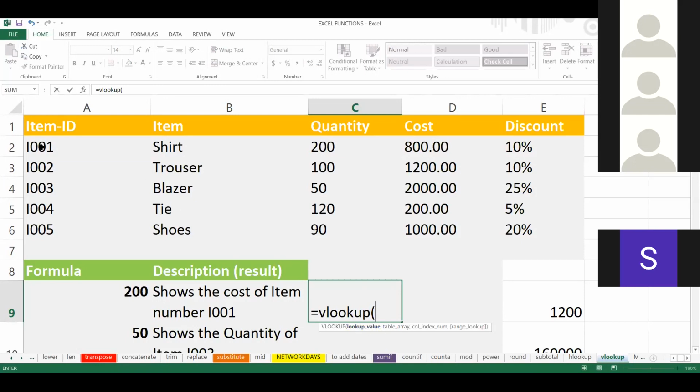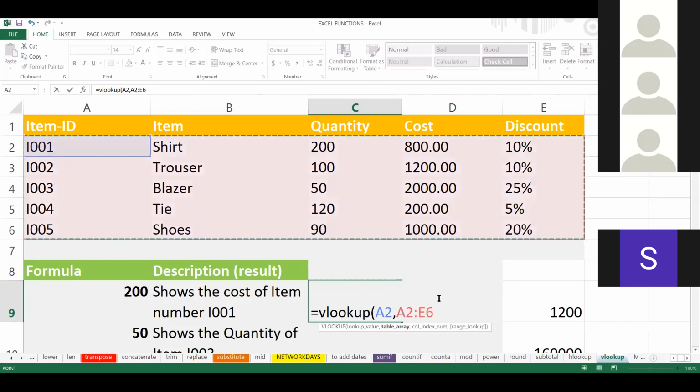Lookup value is I001. So I have selected that. Table array is my complete table. Select the table, comma, column index. Because you want the cost of item, you need to tell the number of columns. So 1, 2, 3, 4. You will see 4.